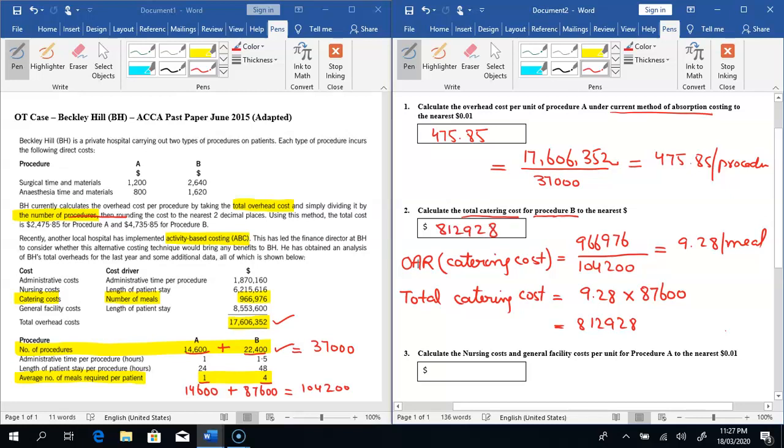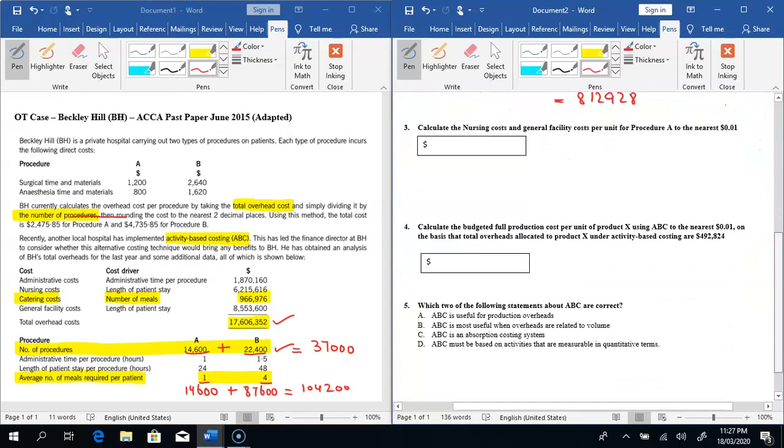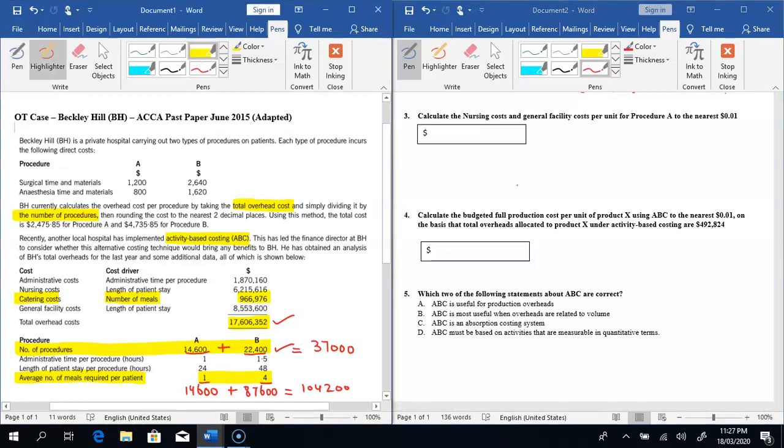812,928. So this is the total catering cost for procedure B. Now the third question is, we are required to calculate the nursing cost and the general facility cost per unit. So in order to do this, first of all, I need to take the total of the nursing cost and the general facility cost. So from the question you can see, nursing cost is